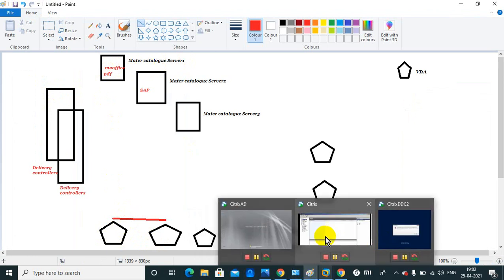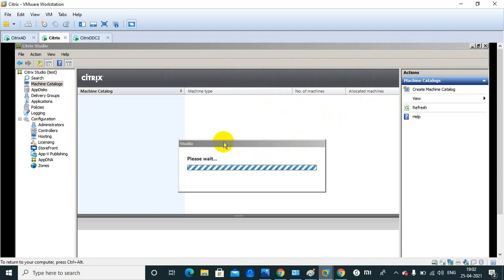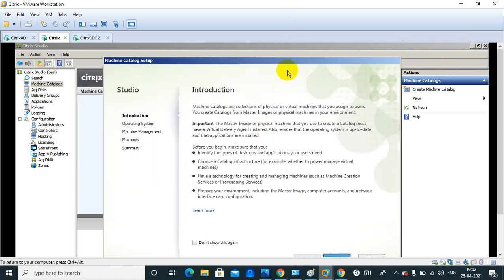So for this we would have one master catalog server. Once we have created a master catalog server already in the environment, we can click on this, go to the machine catalog, and it will show us the options.